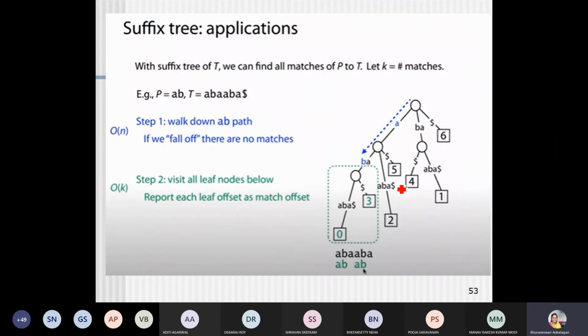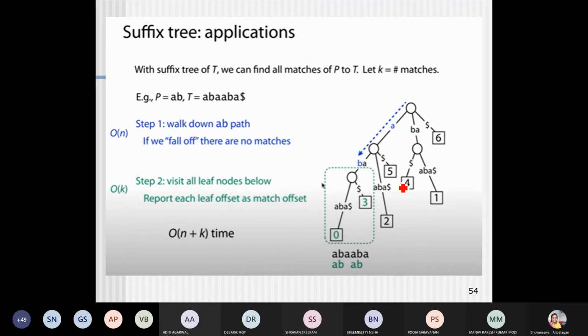So now we'll go with the suffix tree applications. Okay, so I'm having a text, and this is the pattern that I'm going to look for: AB. AB is the pattern I'm looking for.